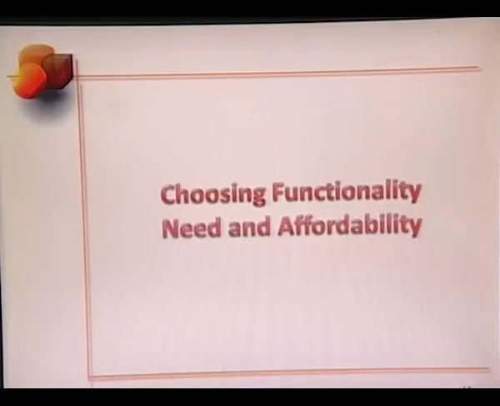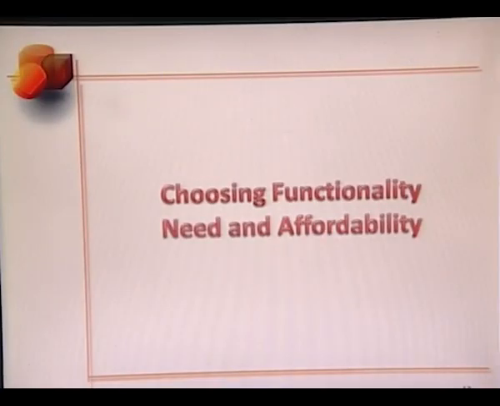Now, this is the second stage. From the wish list that we have created in stage 1, all I want you to do is choose 8 plus minus 3 functions, depending on what you need and depending on what you can afford. Okay, I'll not give you an upper bound of the cost of the lamp. So you decide what the tentative cost of the lamp can be, and accordingly choose the functions from the list that you have created.